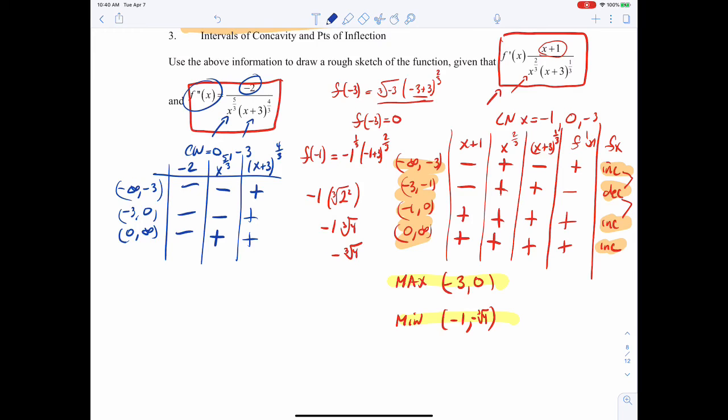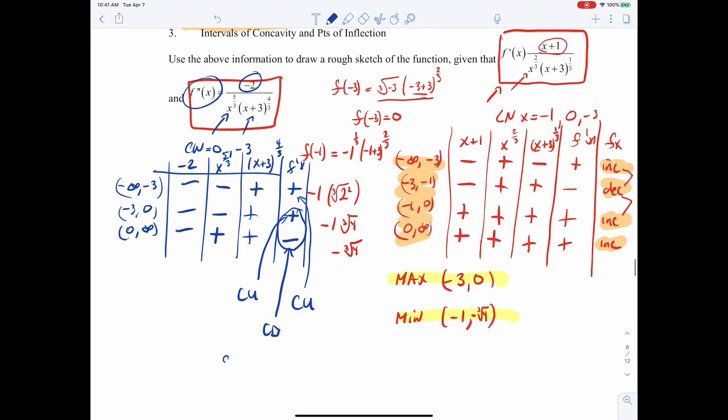So now when we analyze this, our second derivative here is negative times a negative times a positive, negative times a negative times a positive, negative times a positive is negative. So we have concave up. Sorry, I'm running out of room here. So we have concave up on that interval, concave up, concave down, and now we have one inflection point at